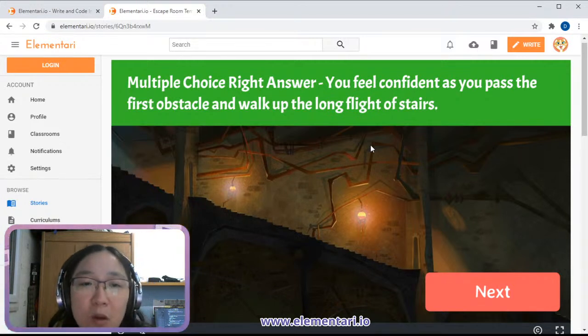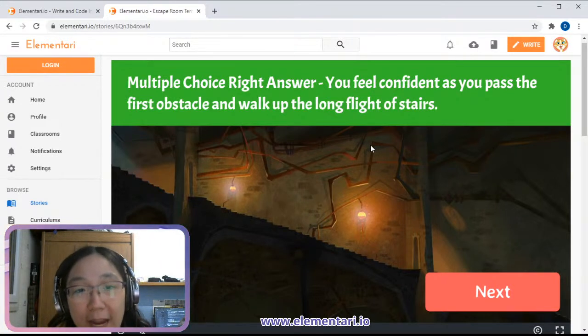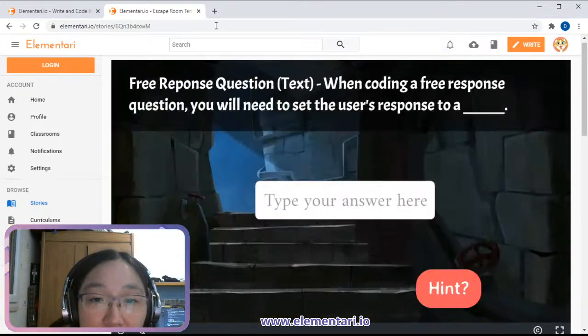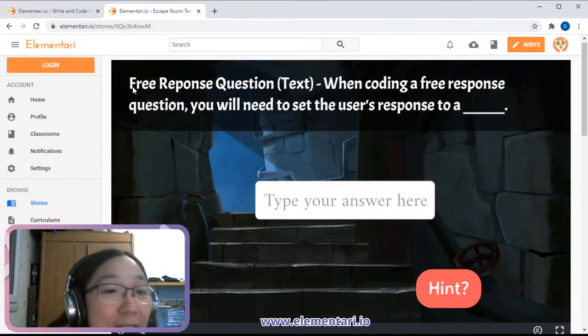And so escape rooms are more like a parallel path sort of structure, where we want to guide the player or the reader through a set of puzzles and then reach a good ending. That is, you escaped. So we're going to continue.